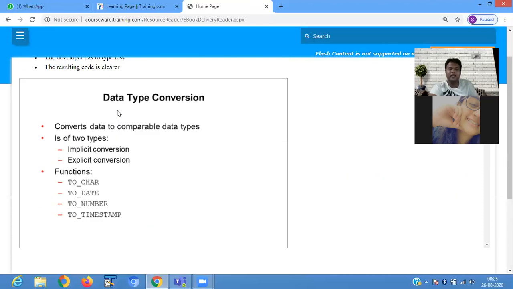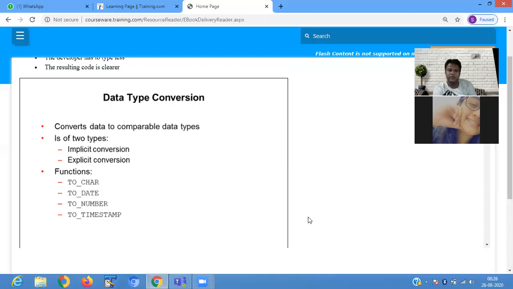One is data type conversion. In PLSQL, we use data type conversion to convert data to a comparable type. It is used to convert data from one type to another type. There are two types of conversion: implicit conversion and explicit conversion.